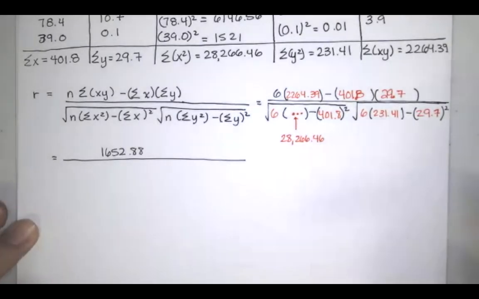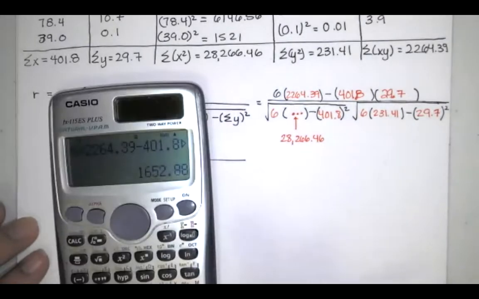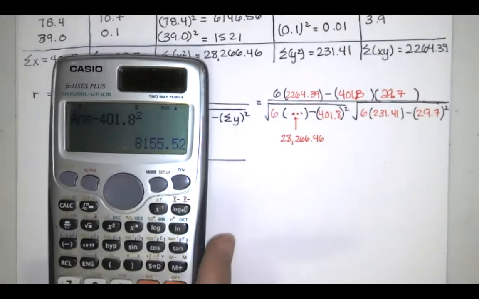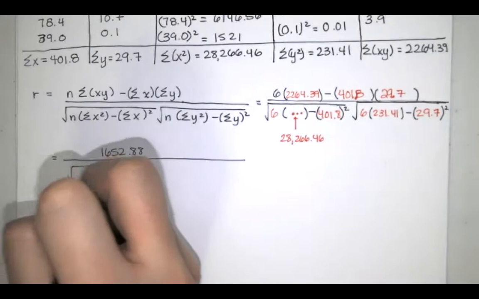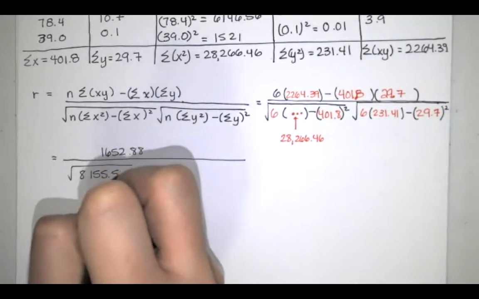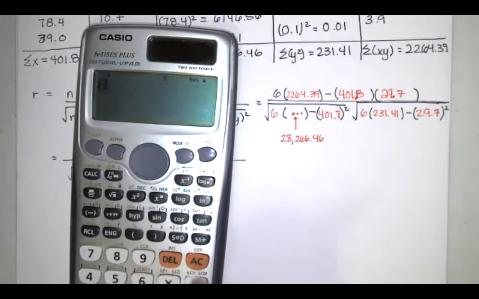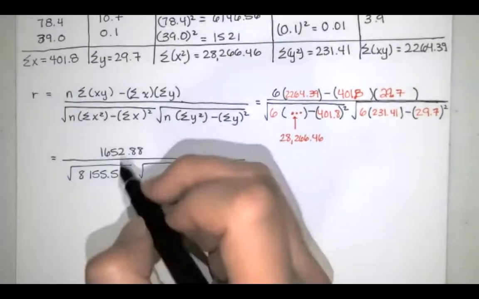And then what I would recommend is, for each of those square roots, let's do the expressions under the square roots first. So I have 6 times 28,266.46, then we're subtracting 401.8 squared. And we've got 8155.52. That's under a radical. And then we want to do something similar over here. So 6 times 231.41 minus 29.7 squared. And this is